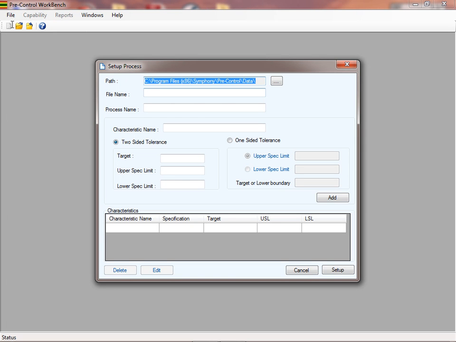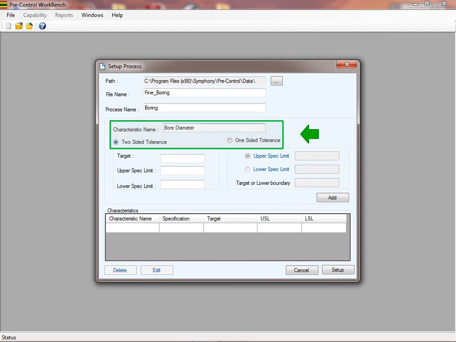Set up the process. Define the name of the characteristic you need to monitor and its tolerances.